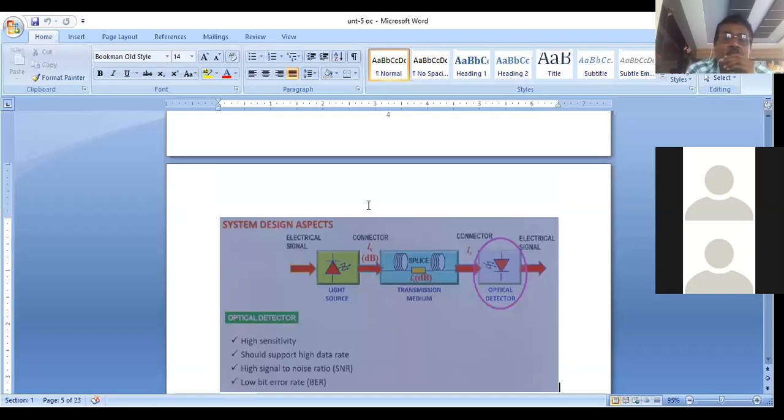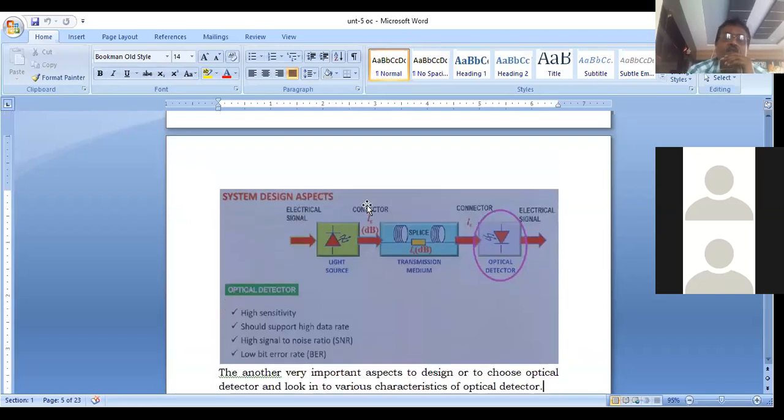Next, if we take the optical detector, it has high sensitivity and should support a high data rate, high signal-to-noise ratio, and low bit error rate. So what is the difference between signal-to-noise ratio and bit error rate? Here, signal-to-noise ratio is nothing but, if we take the